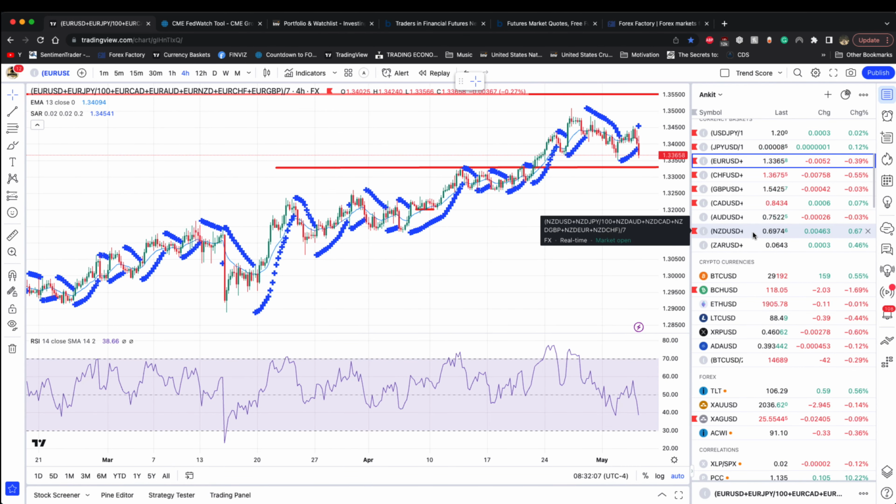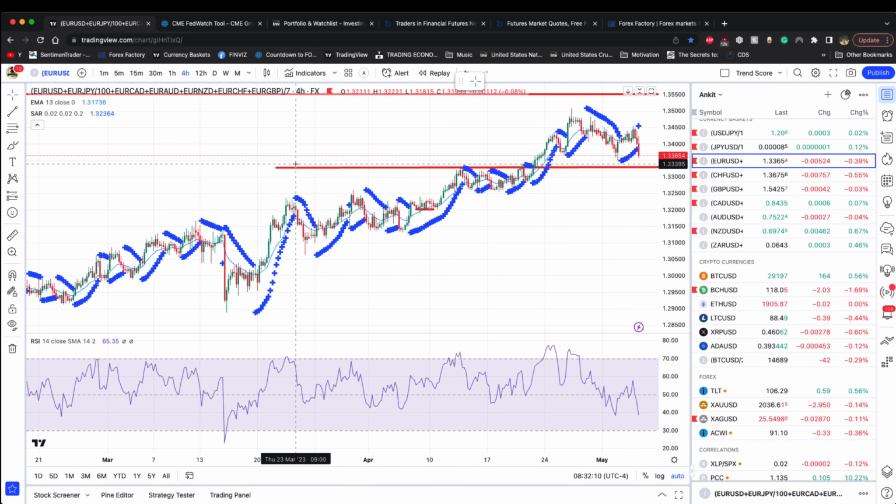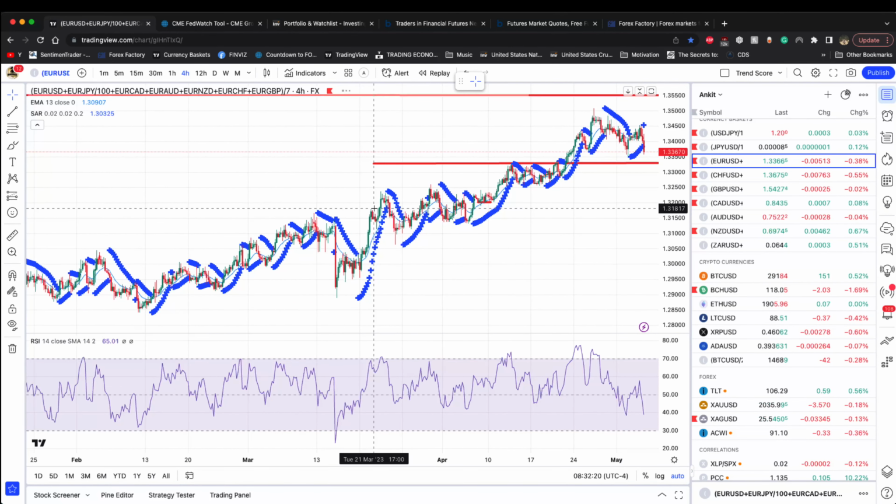So here we are with the euro, and you can see markets are not running. Euro is not running on the news. So this is where I think you have to be very careful with this sort of price action, because we are not getting the similar price action as we were getting last year when we just had rate hike after rate hike, and we saw some of the currencies did really well off of that.